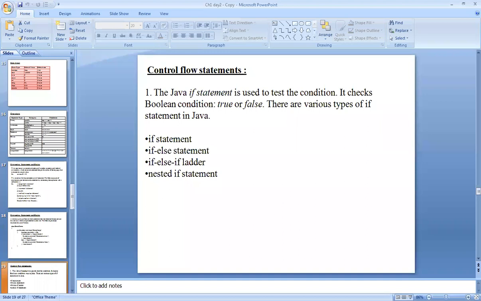Actually, many statements are there. Out of them I have taken the first part as if. I will just give you the names of control flow statements. In control statements, you will have if else. Right now, I have shown you here different